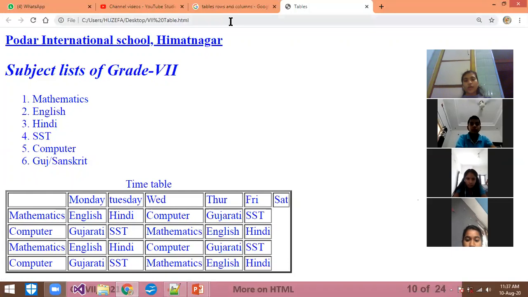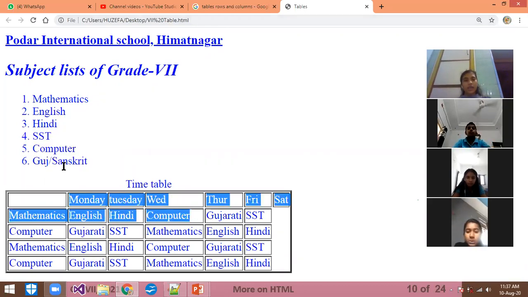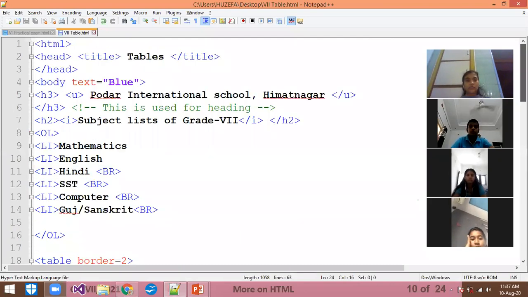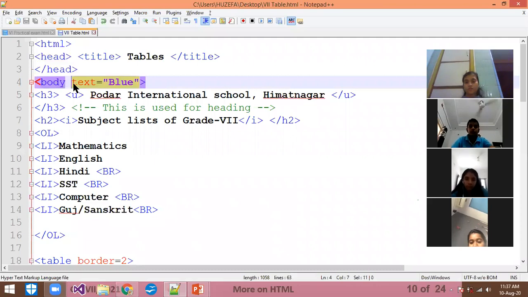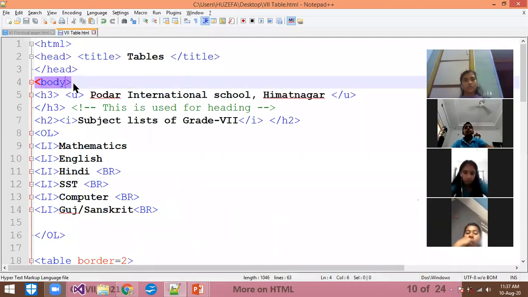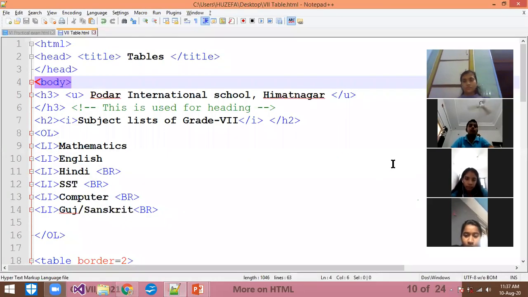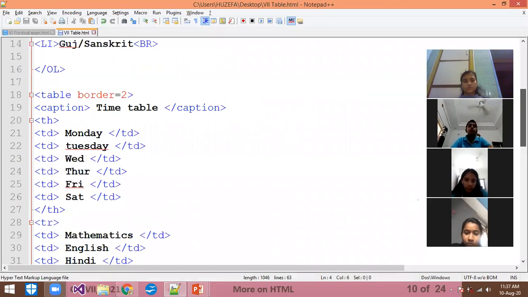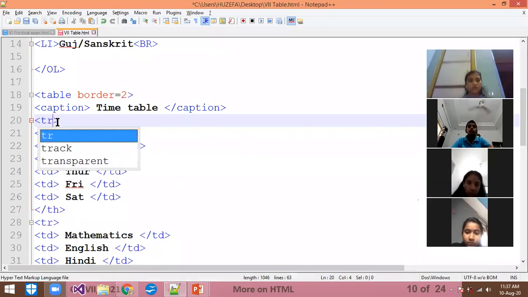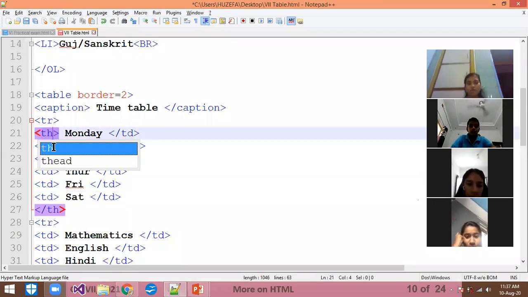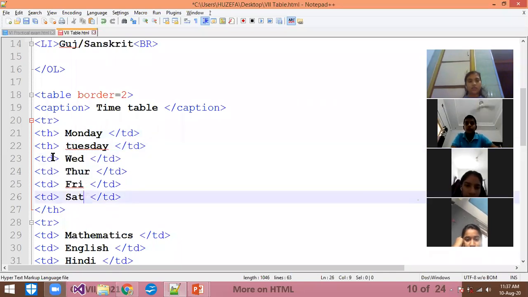Yes, I have to also add one row that will show the days here. This is the heading, and I will change the color of all this so that you can see the output easily. Okay, sorry, I just forgot the thing. In place of the TD, I have to use TH. That will make the heading.